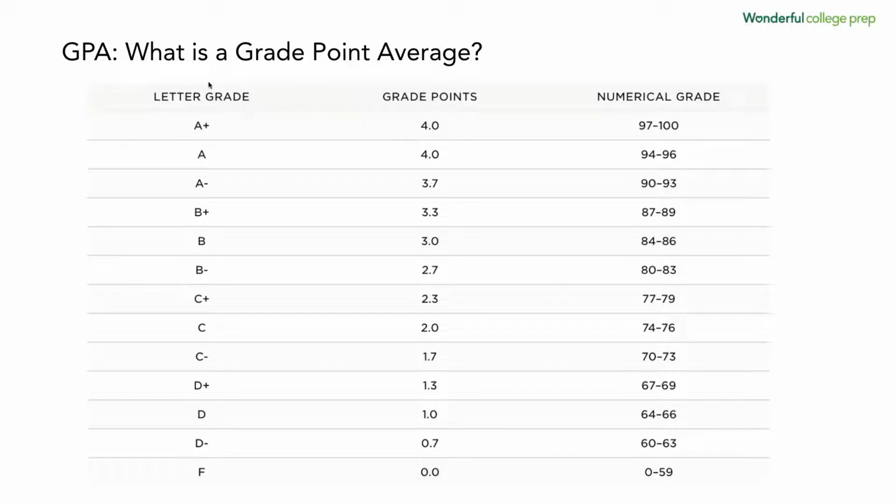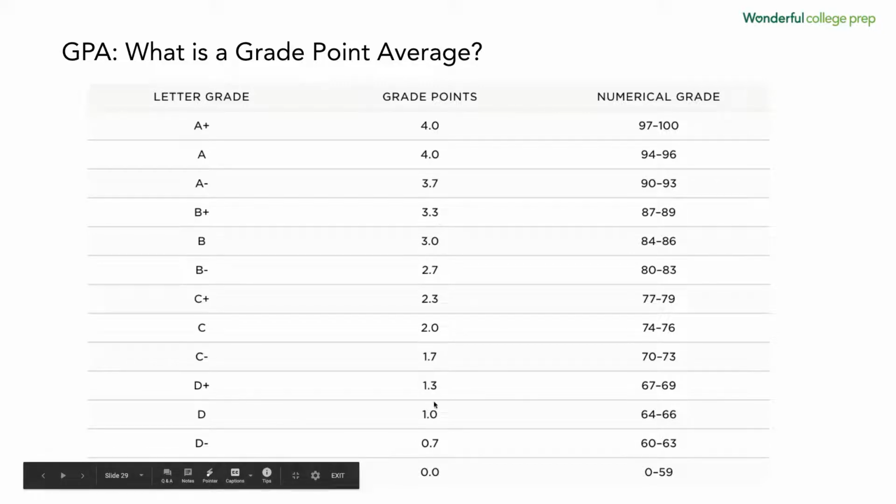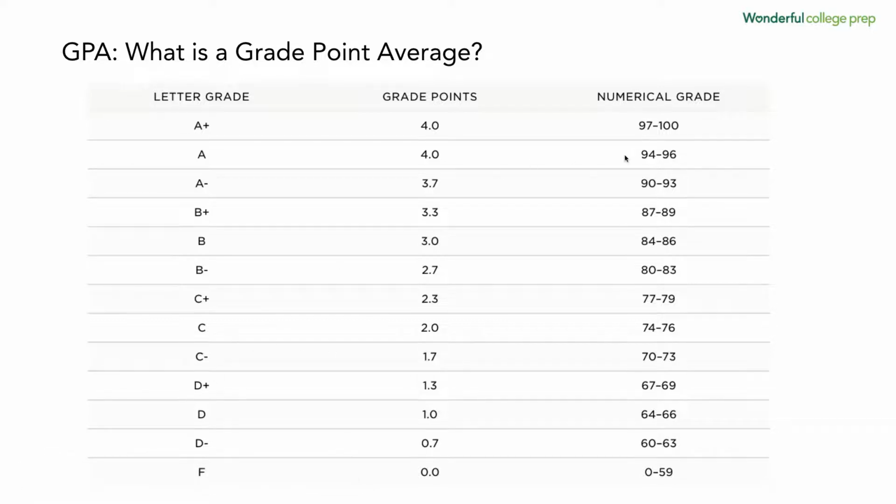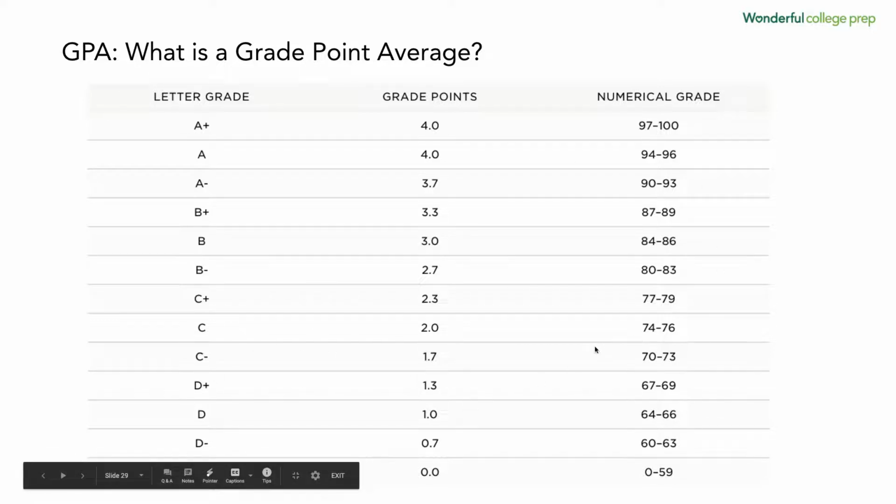Generally, there is a connection with the letter grade. So if you get an A plus, you'll get 4 grade points for it, which generally ranges somewhere from 97 to 100 in the schools that you might be looking at. And then you can see how this goes down here. So if I look at the GPA and I go, well, my student got a 1.7, I know they're at a C minus for their GPA average as a student in high school. And that is a number that colleges do look at. And then furthermore, that jobs look at as you come out of college or come out of high school as well. And so these are very important because these are averages across all of your classes, not just one or not just the other one.